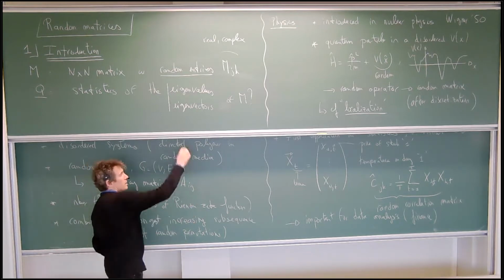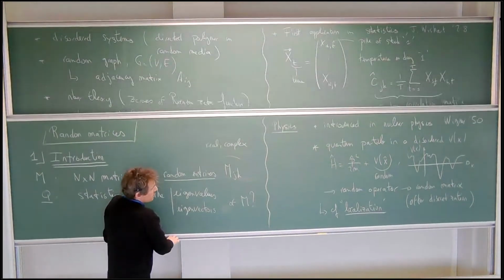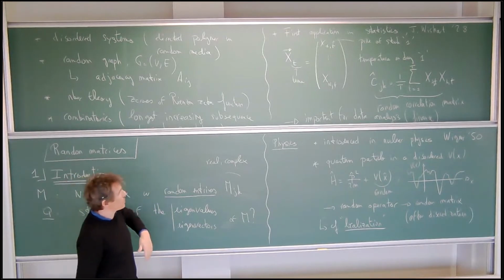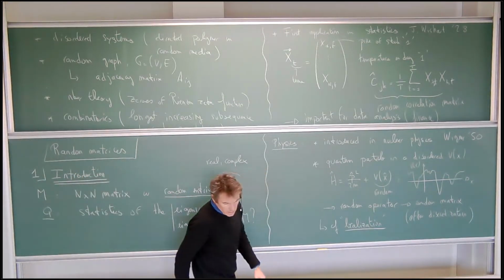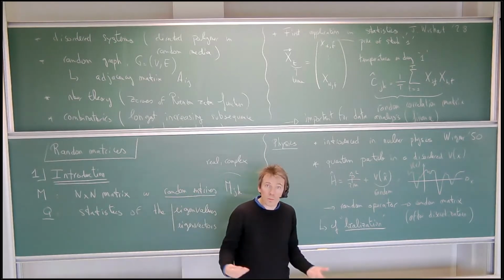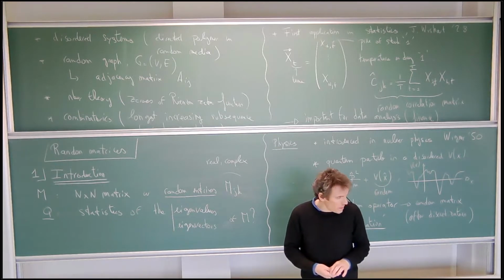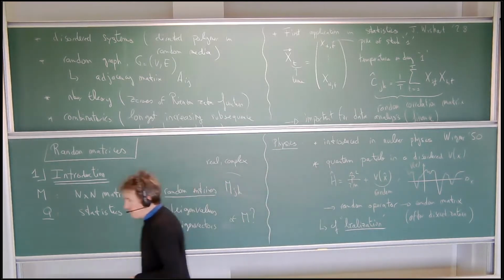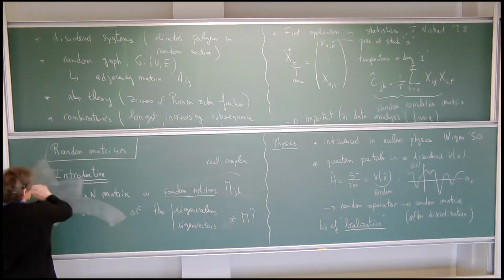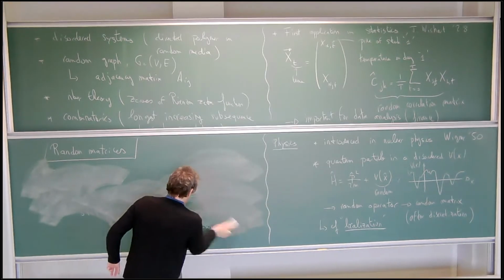But I want to discuss with you one of the most general ensembles that have been introduced. For this, I will essentially follow Wigner and discuss what are called the Wigner ensembles and the Gaussian ensembles of random matrices. That will be the second part, which will deal with